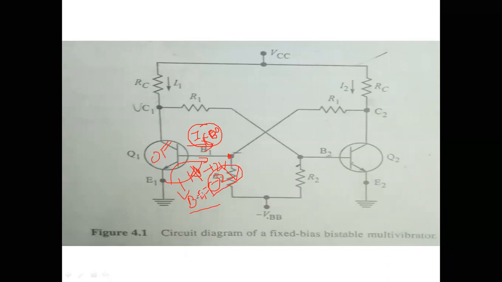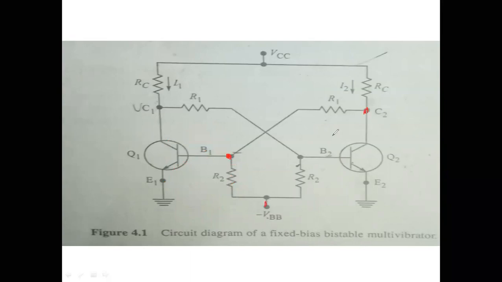Now we are going to find the voltage at this point. We are assuming the VBE. VBE voltage I have to find. We know this voltage; we take it as -2. This is an assumed value. How are we going to find this voltage? I want to know the voltage at this point, the voltage here minus this point.